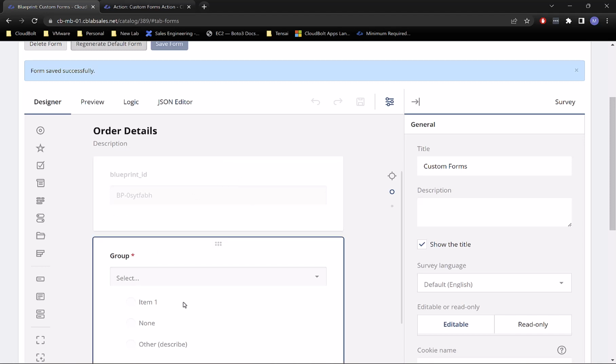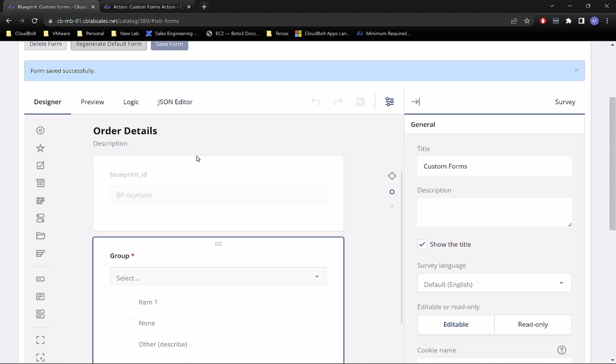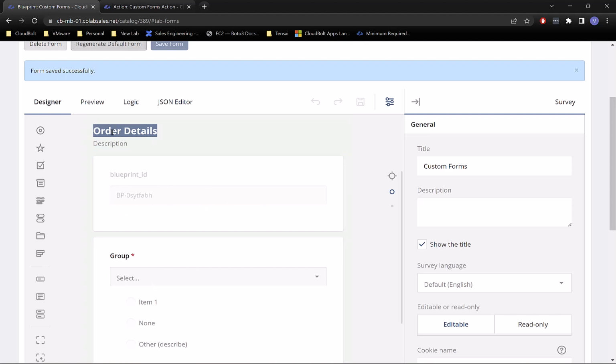So we need to tell CloudBolt what group this is being submitted for and what blueprint ID we're attempting to submit. Without these things, we can't do things like role-based access control and things that we want to be sure are in place inside of the system. We don't want to circumvent controls inside of the blueprint for role-based access control. So these two are on every single blueprint. They are also members of a default page called Order Details. I could change that page title and call it,